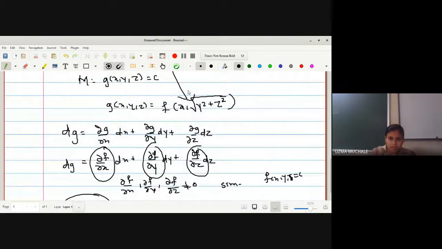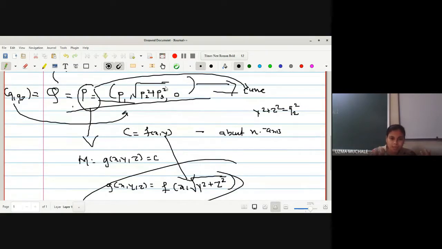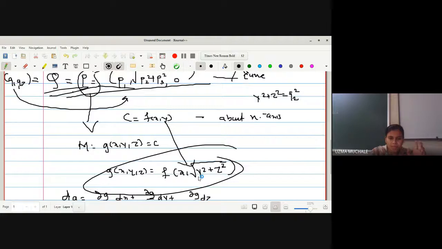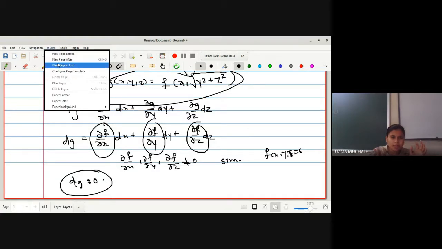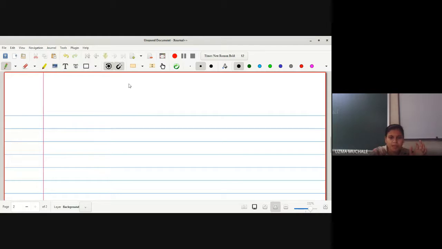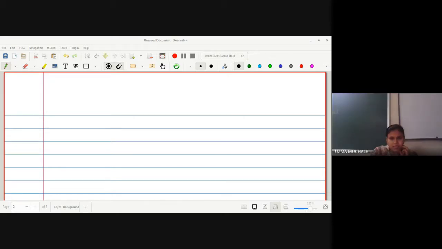Now we have found the relation between these two with the help of a point. First we found the relation of the point. What is the relation between P and Q on the curve? And then we have written the function. Then we have proved that g, that is a surface of revolution, is a surface. Okay. Any doubt? No, ma'am. Okay, now let us go for the next example.